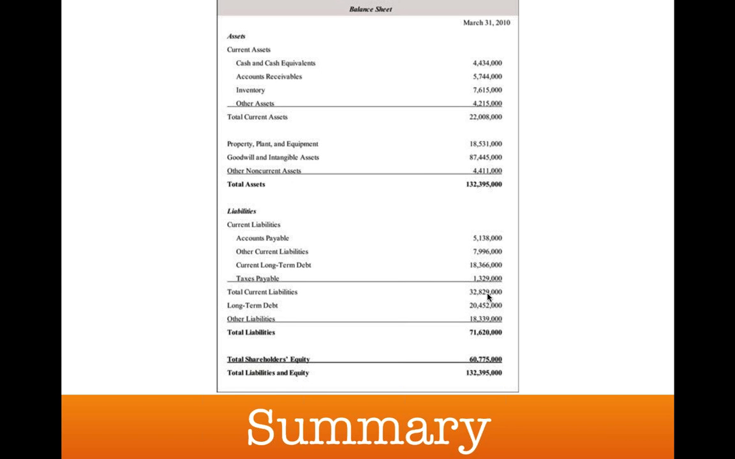So the current total liabilities are $32,829,000 if I add these up, plus the long-term debt is about $20 million. Other liabilities are about $18 million. So it's $71,620,000. If I add these numbers here, it roughly equals about $132,395 million. So can you see that total assets should equal the total liabilities and equity of about $132